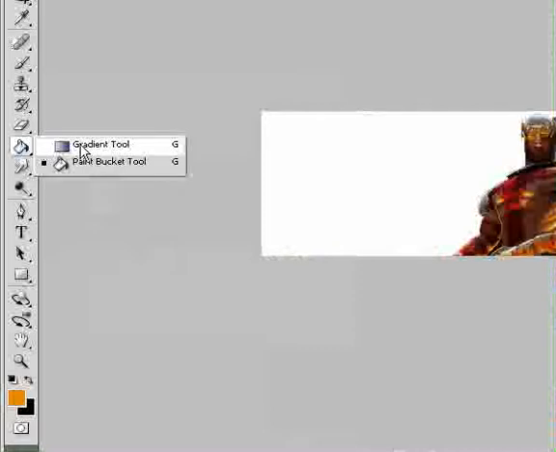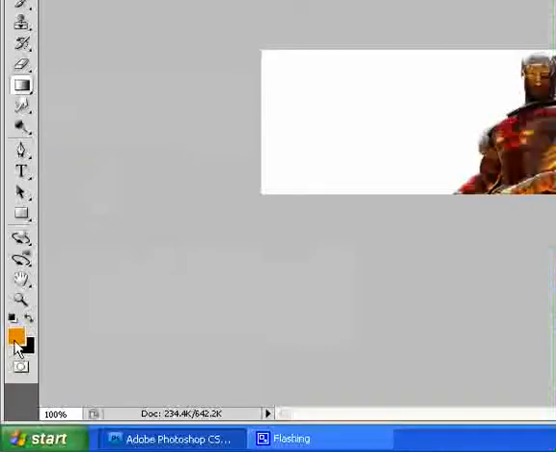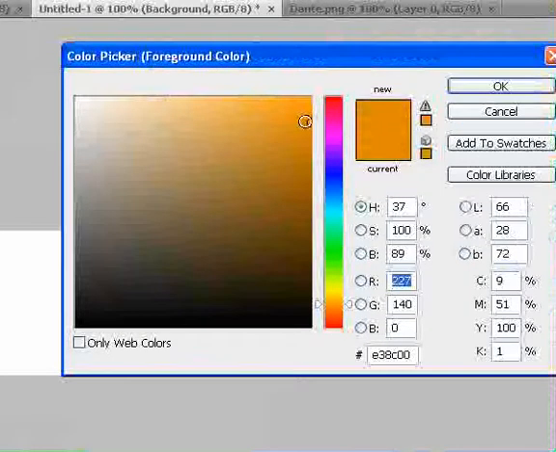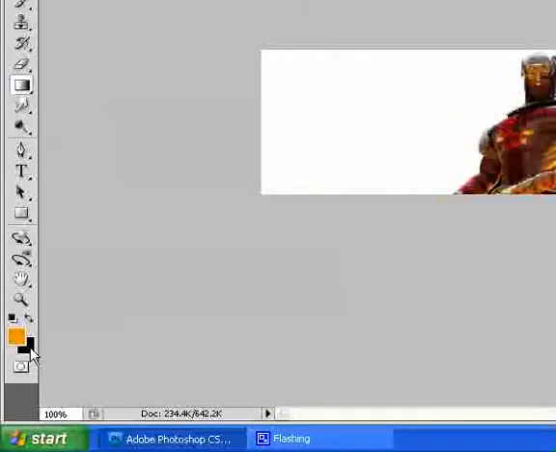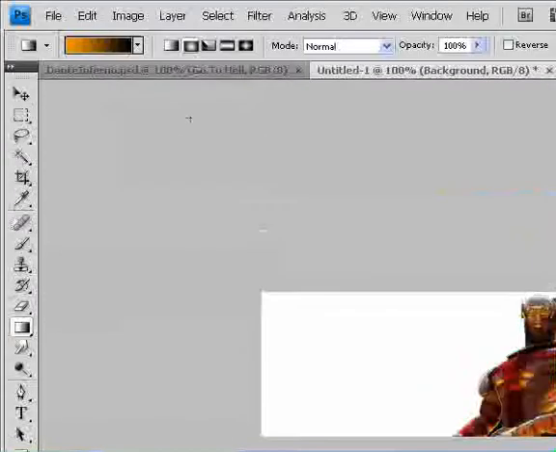Okay, and now go back to your background layer and go to your gradient tool. Now go to your foreground color and select an orange, and then set your background color to black. Select the radial. It will start out as linear, but we want the radial gradient. Then come down here and select somewhere around the middle of your render. Hold down the Shift key to keep it straight, then drag it way up,